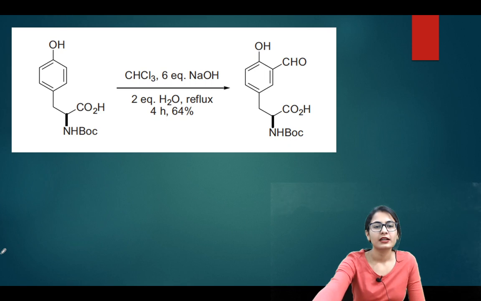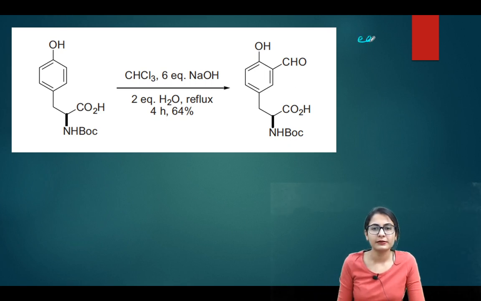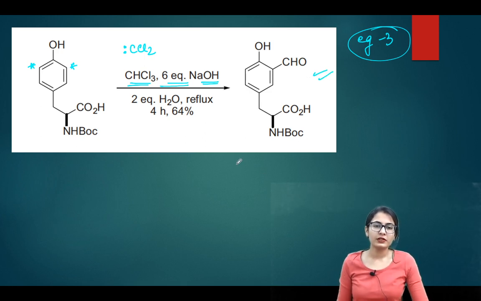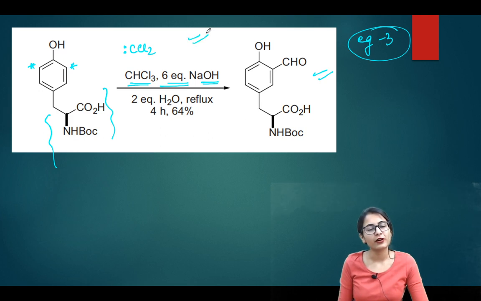Similarly guys, if we take example number 3 over here, what do you look at? You have a big molecule, but ultimately what are we concerned with? We are concerned with basically chloroform and an equivalent of base, that is going to give you dichlorocarbene. And that is going to insert on one of the ortho positions, and give you the same product. Very simple. Over here we are not going to be concerned with anything that is in the side chain, because we know that it is our simple Riemer-Tiemann reaction that we are talking about.